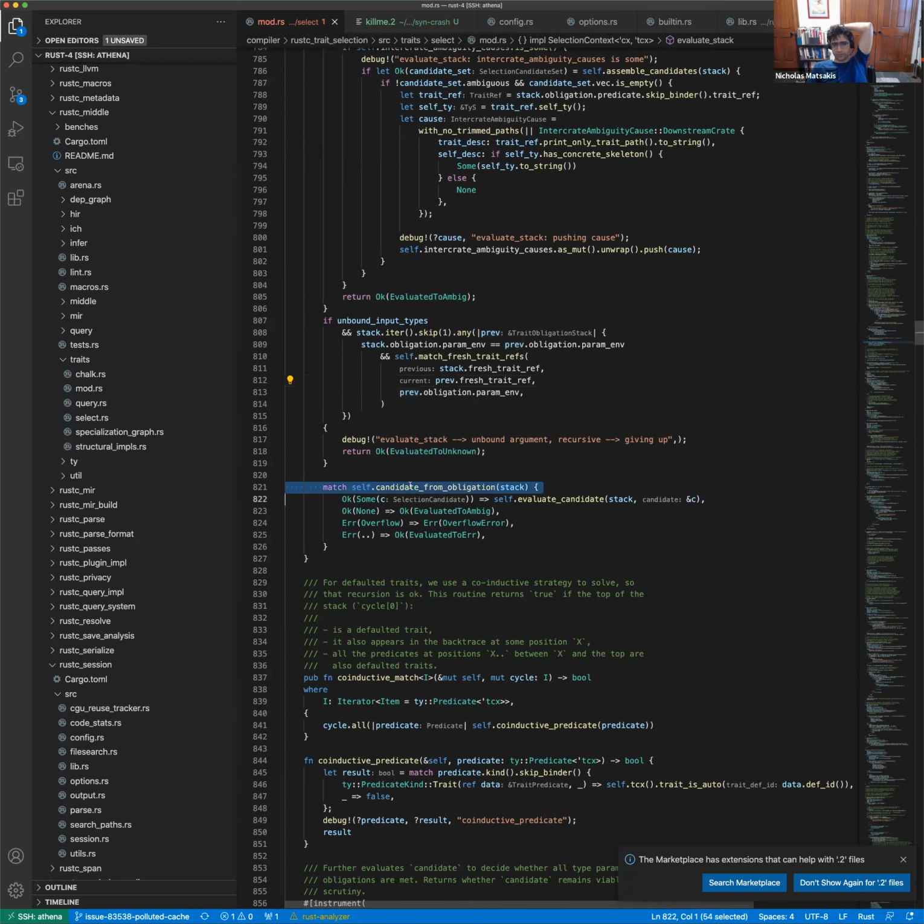This is the interesting part. So here we call candidate from obligation. What that does is it finds, so a candidate in the parlance of this code is basically a way to prove that a trait holds. And this is one of the points where we break from chalk and from a traditional, more capable theorem prover,